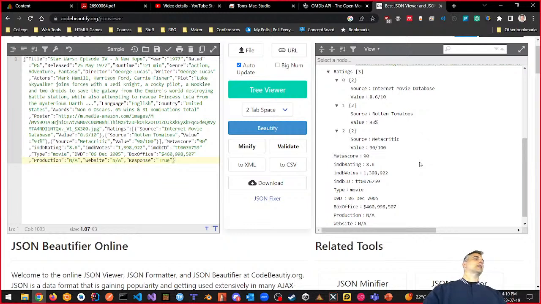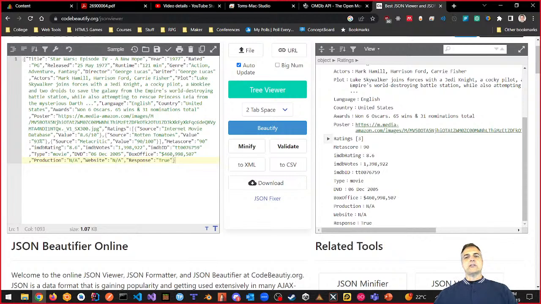You choose which one. Maybe you want to use the Internet Movie Database format, which is out of 10, like we've been doing, or maybe you want to use the Rotten Tomatoes value, 93 out of 100. You do whatever you feel like doing. But that's kind of what I'm looking for. Take a look at some of this stuff. Now, there is some data in here that maybe we don't need to look at. And I'm just going to kind of close this up a little bit.